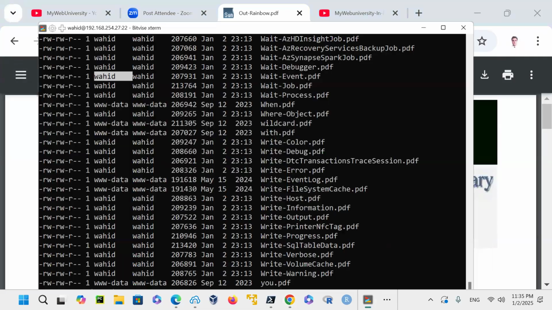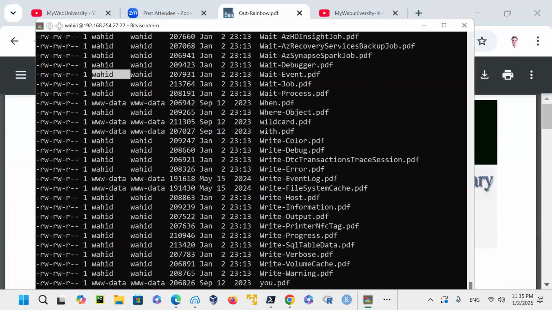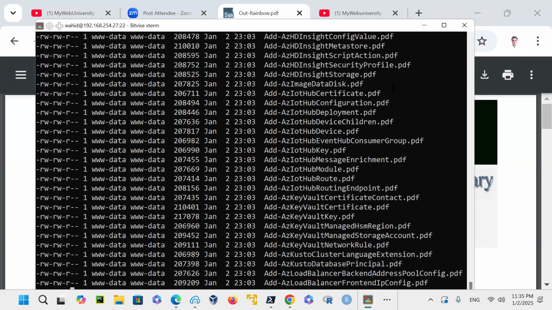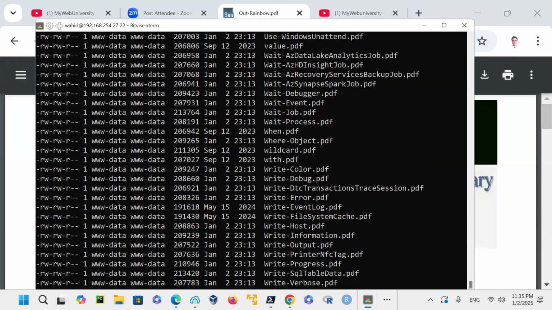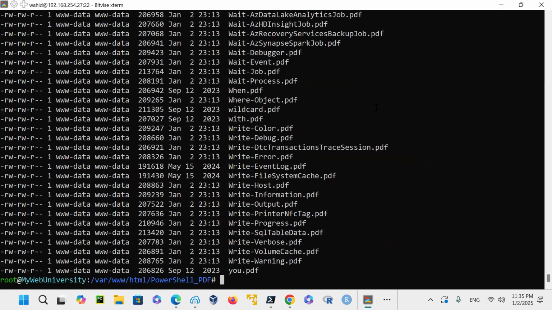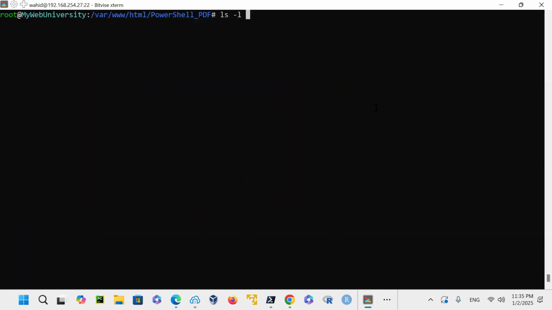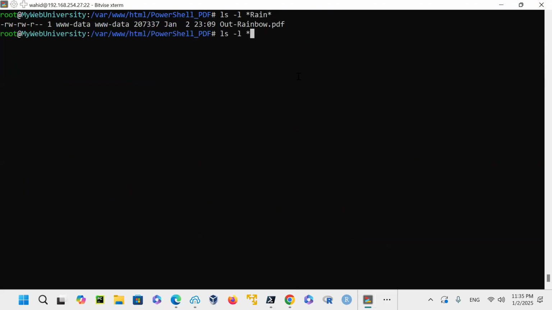So how do I make sure that the script ran, and let's see if the permissions are now okay. So notice the permissions are all good. There's nothing wrong. If I say clear screen here, ls -l star rainbow, you can see the permissions are good. So if I say ls -l star.pdf, word count -l,